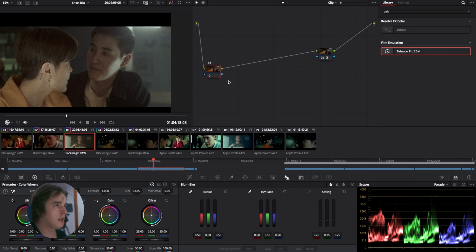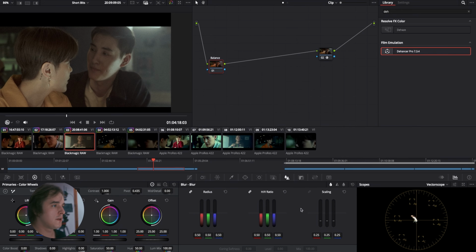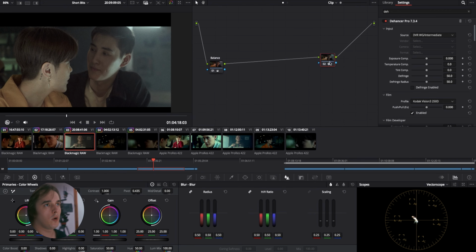So I'm going to create my balance node in the beginning, and I'm going to balance the image with offset, just so that we have more room to work with in Dehancer. So here we have our exposure, our temperature control, tint, defringe. Now defringe is an option that lets you alleviate some of the effects of halation, some of the effects of chromatic aberration, and it depends on the shot if you'll be able to see the result of it, but